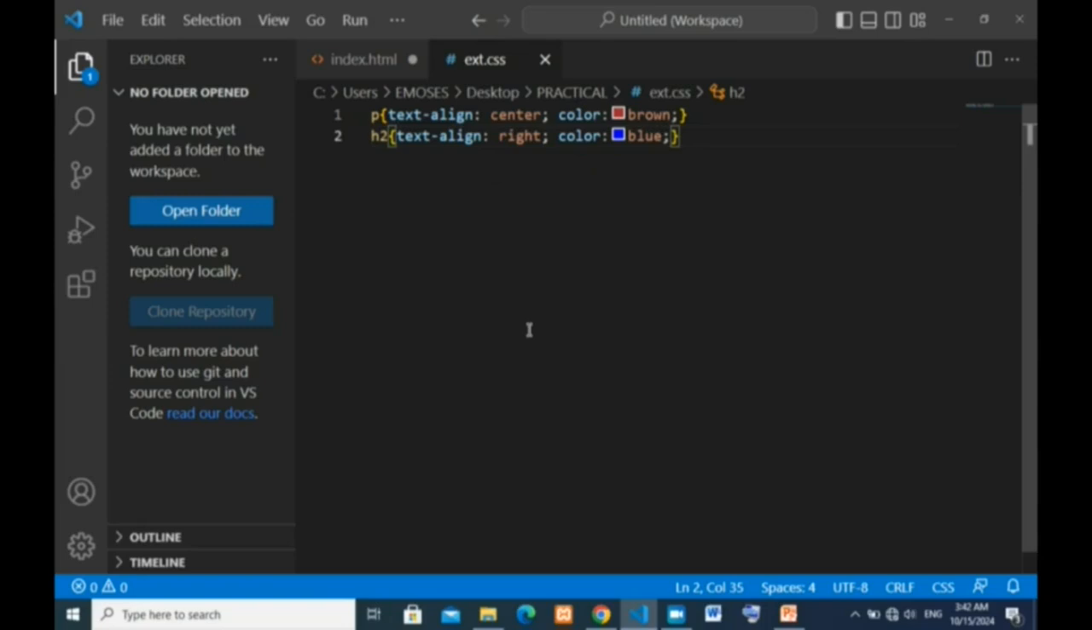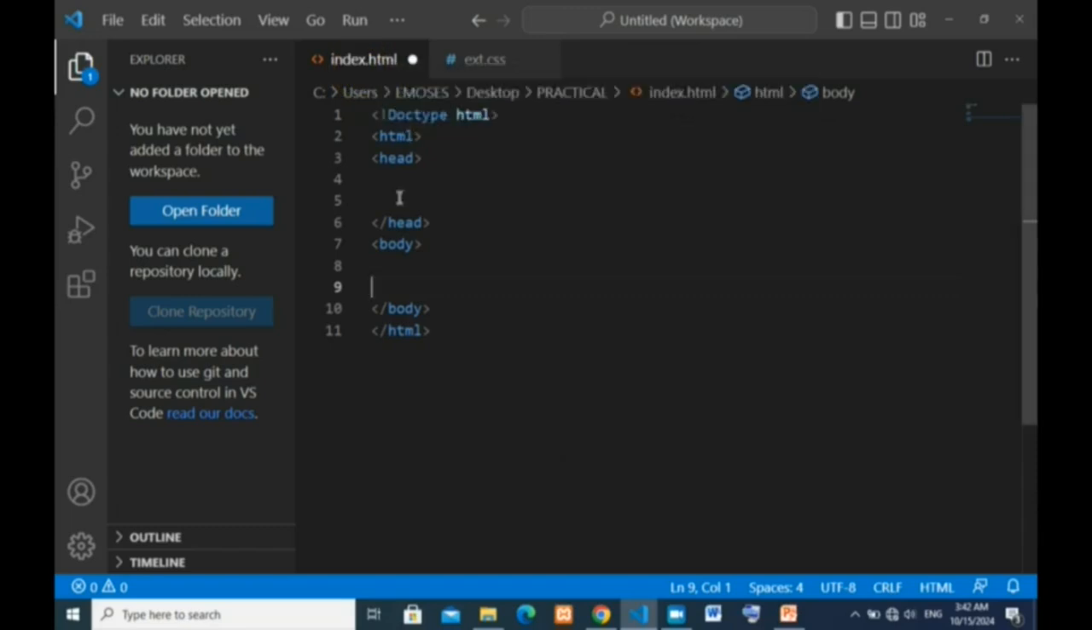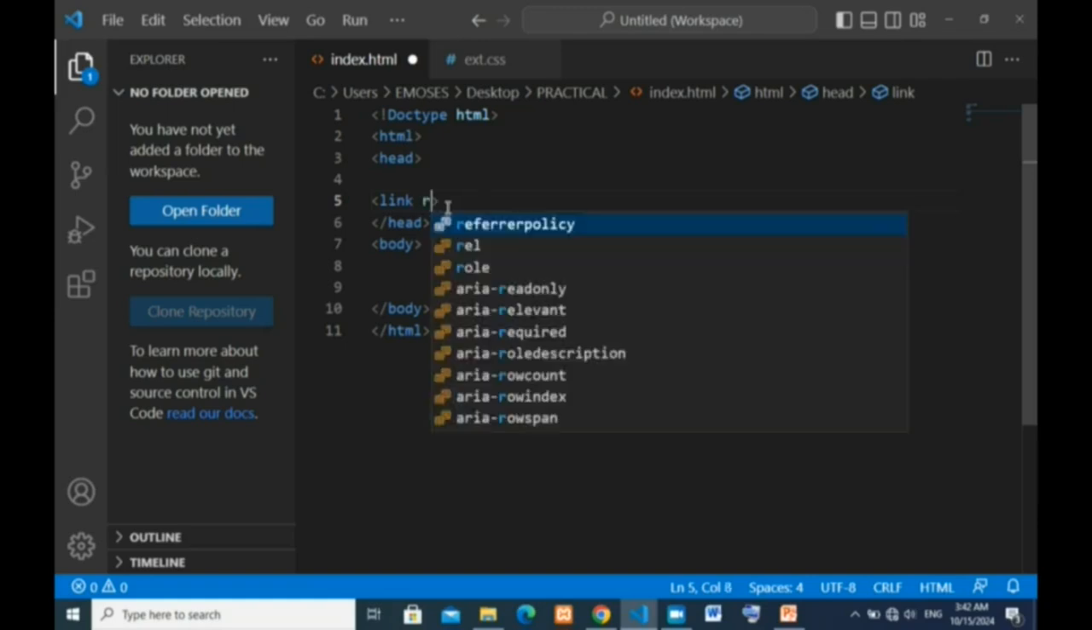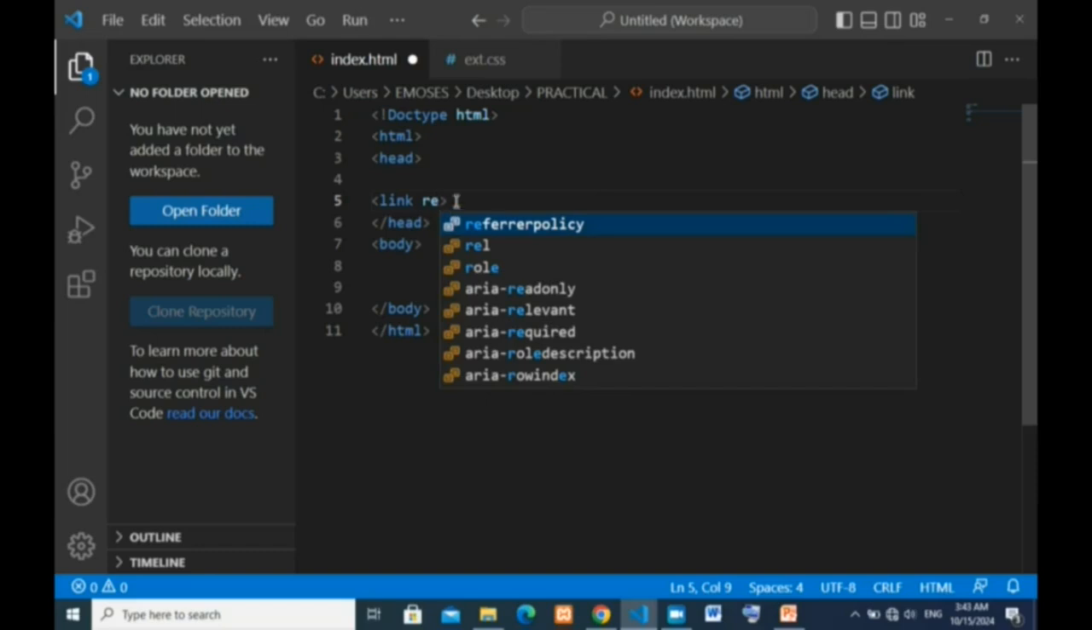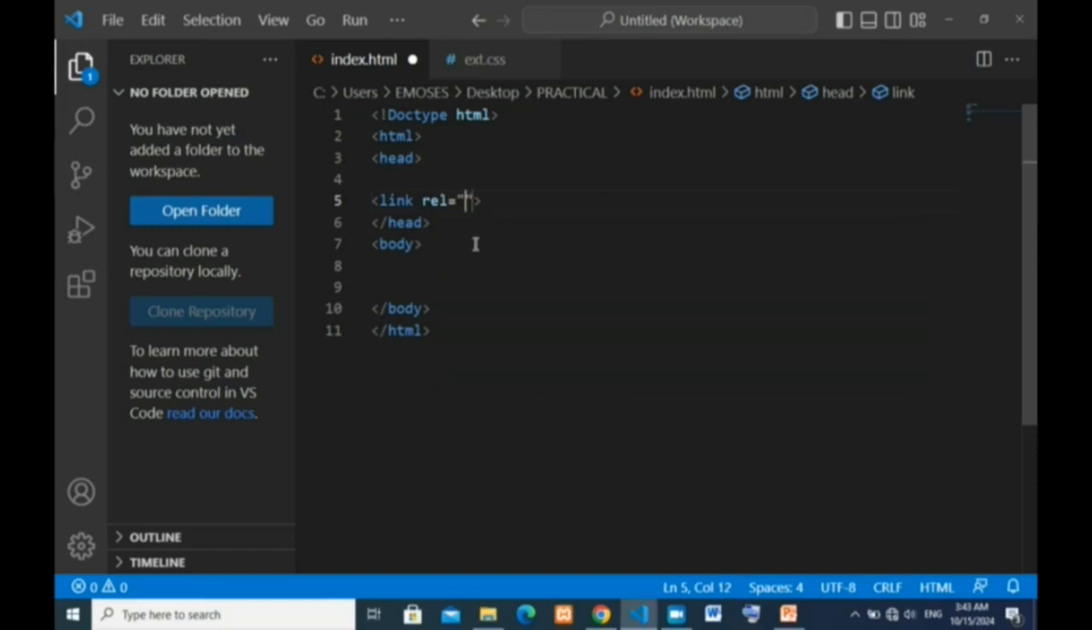Having done that, I'm now going to go to my index file, and then I will call this style sheet right here. For you to call it, you need to write your link. Your link means you are linking your index page, or whatever page you are using, to that external file. So I'm going to say rel there. The rel there will now be style